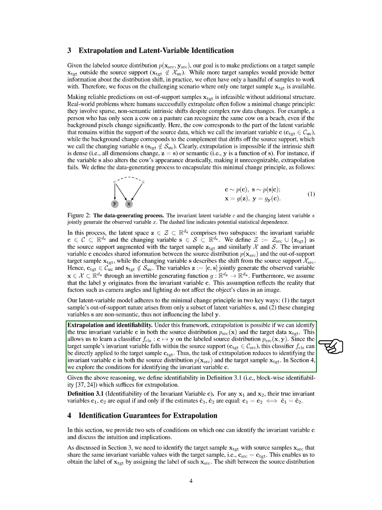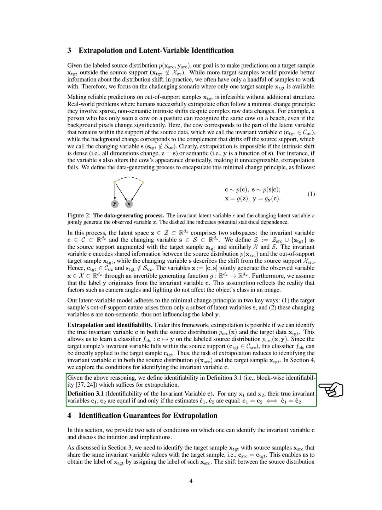Since the invariant variable in the target sample is included in the source support, we can apply our classifier directly to the target sample. Therefore, our main task is to identify C in both the source and target datasets. We define identifiability, specifically block-wise identifiability, which is essential for successful extrapolation. We state that the true invariant variables for any two samples are equal if and only if their estimates are also equal. Next, we present two sets of conditions that help us identify the invariant variable, C, and discuss their